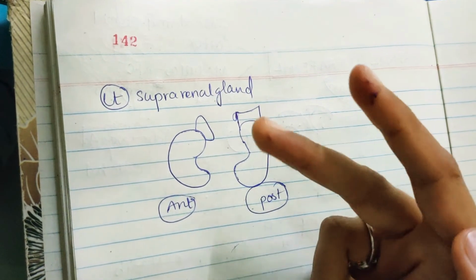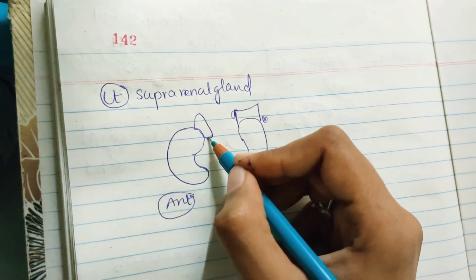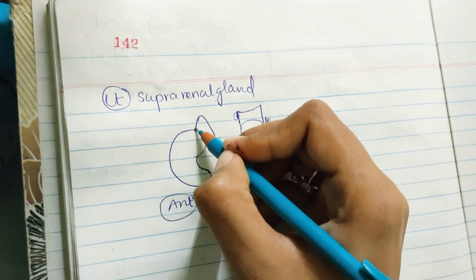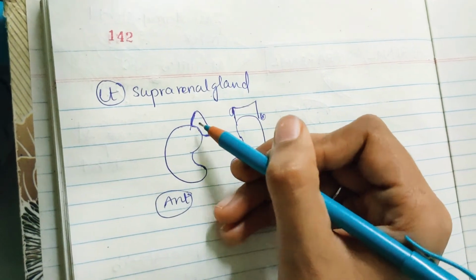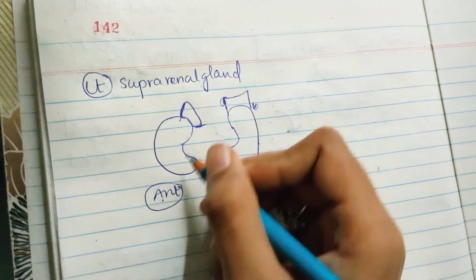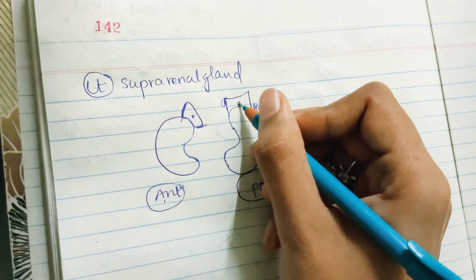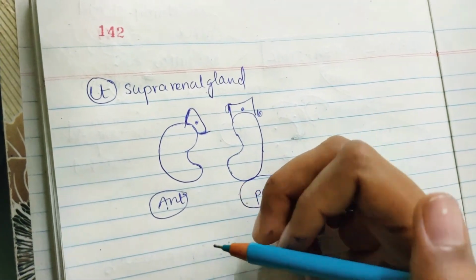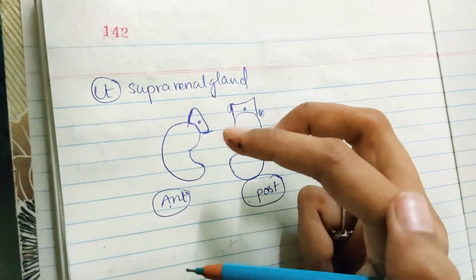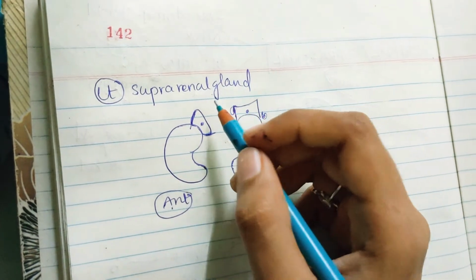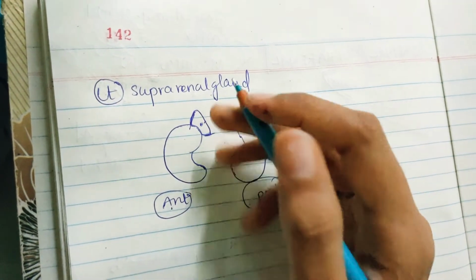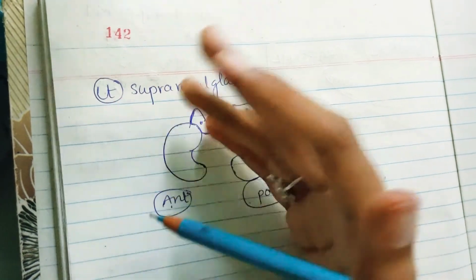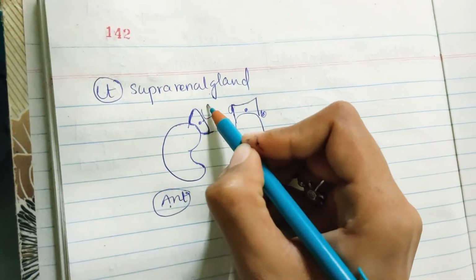Okay, and it is having two borders. One is the medial convex border and one is the lateral concave border, and it is having two surfaces. One is anterior surface, one is posterior surface. You can see this is the anterior surface and this is the posterior surface. Now let's see the relations of left suprarenal gland. In the upper end it is related to posterior end of spleen. So left side means you will have spleen, so upper end you will have spleen,